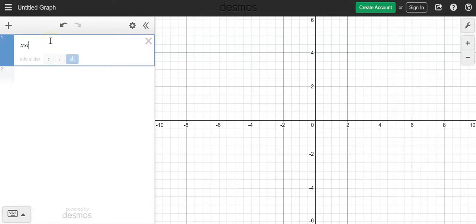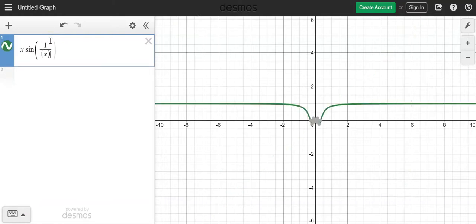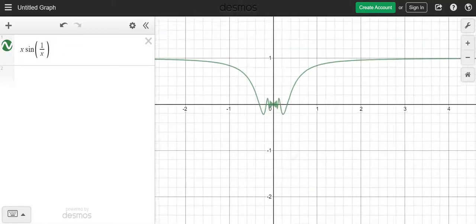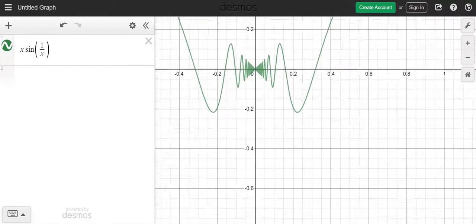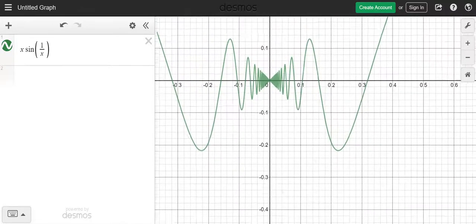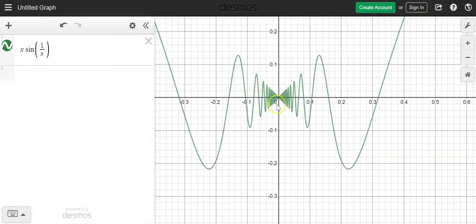So the main problem with the function x sine of 1 divided by x is that we have division by 0 that we're not sure how to handle. If we go ahead and graph this function, you can see some craziness going on here. So the idea of the squeeze theorem is if I have this crazy function here,